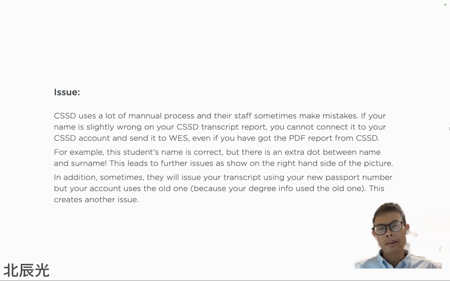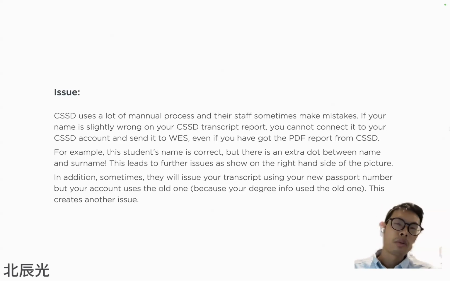In addition, sometimes they will issue your transcript using your new passport number, which is very annoying because you must use your old passport number in order to retrieve your degree information, because your degree information was probably linked to your old passport, because that's the passport you used when you were at the university.